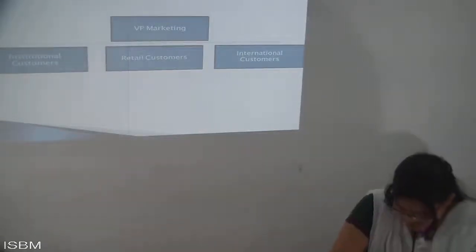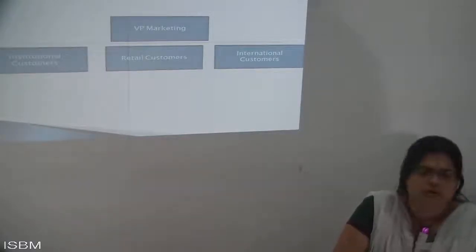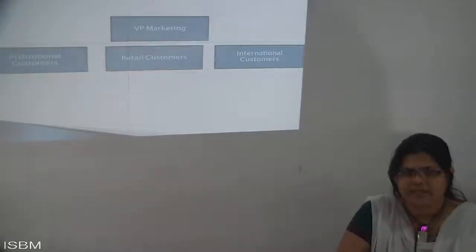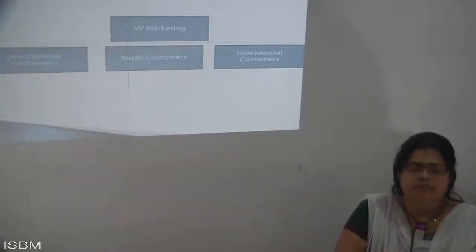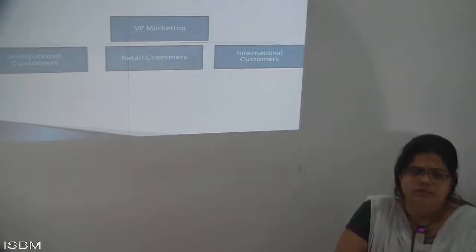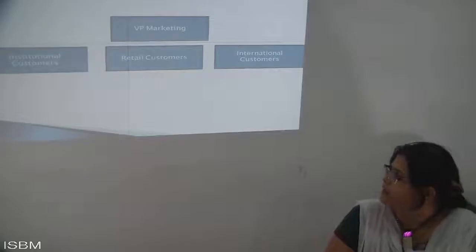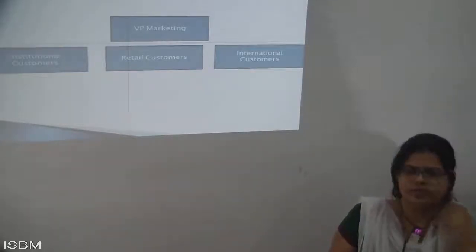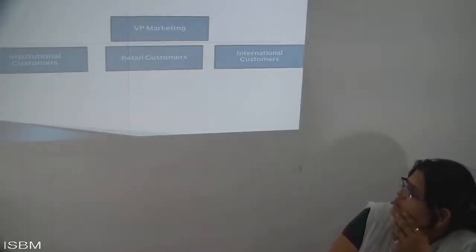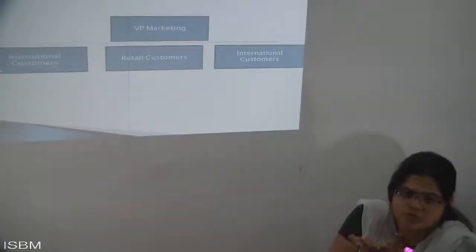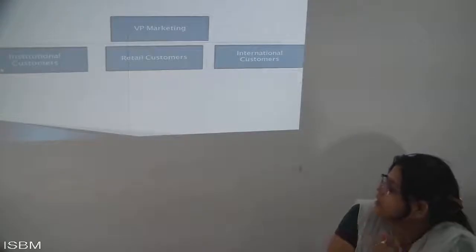Next, we learn about customers also, because customers play an important role. Who will buy the product if we don't even speak with the customers properly? So that is the main point when you are in the organization. For customers, there are three ways: the institutional one, then the retailer one, and then the international one. These are the three ways they communicate with everyone. That is most important.